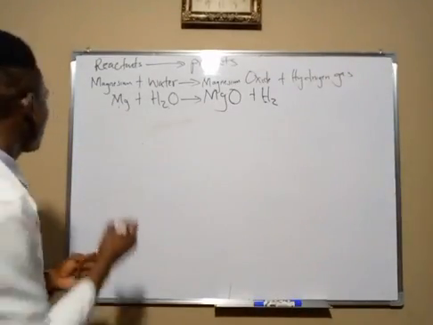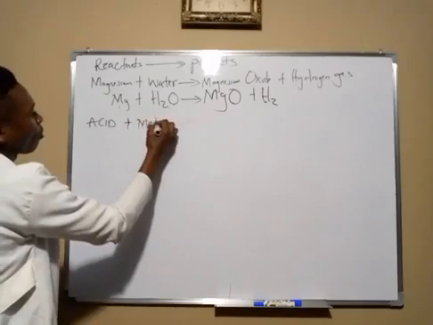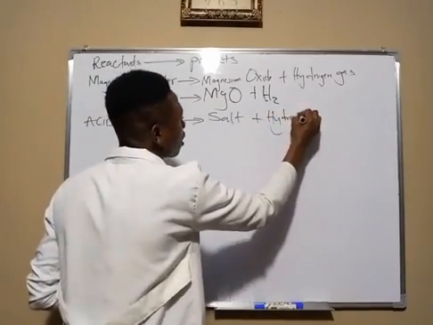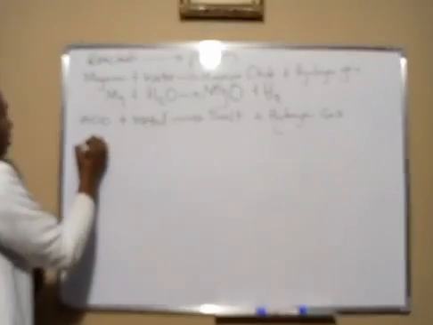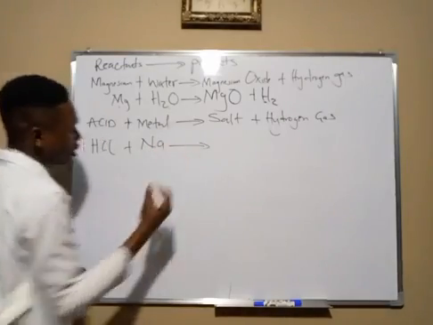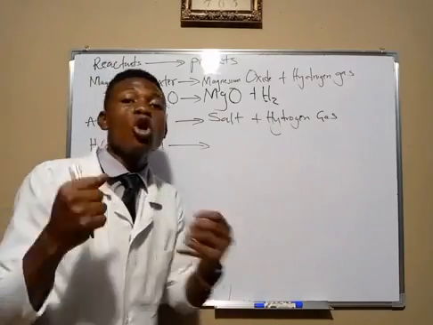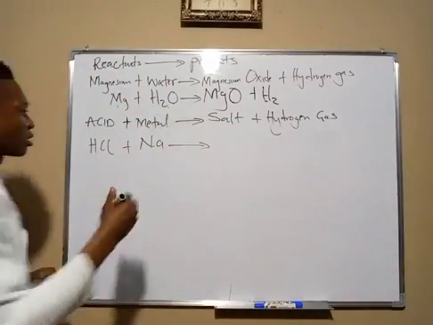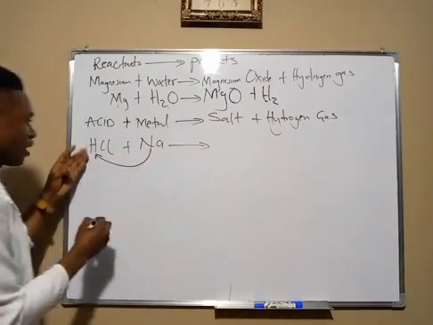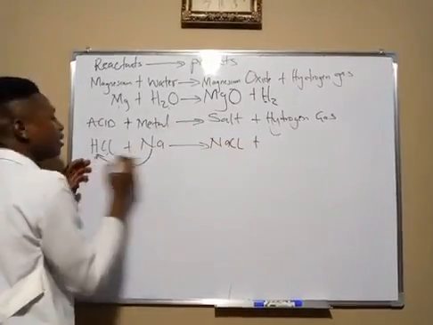Another one I said: an acid plus a metal will form a salt plus hydrogen gas. So with any acid, such as hydrochloric acid, when it reacts with a metal, sodium, what will be the product? When you're reacting like this, know your reactant first before you go to the product. This metal will replace the hydrogen here, forming a metal chloride plus what's remaining,